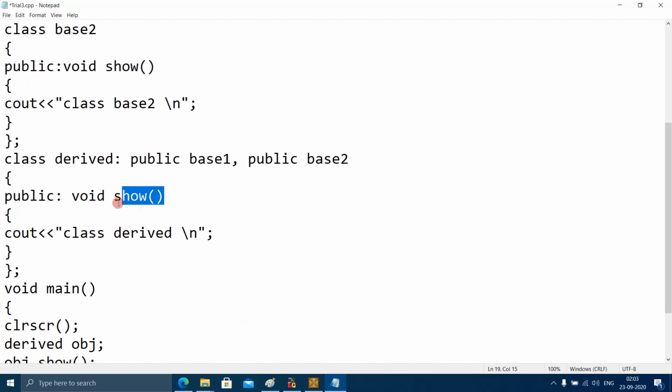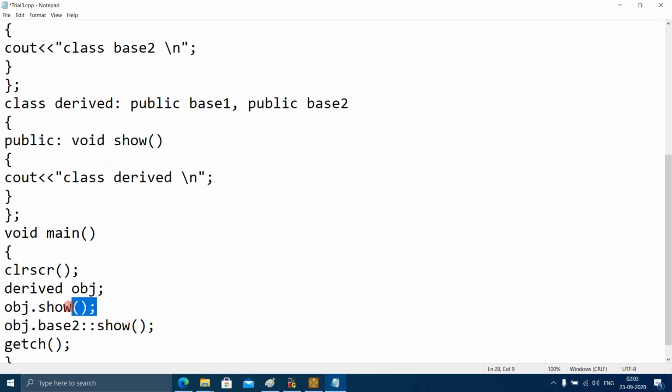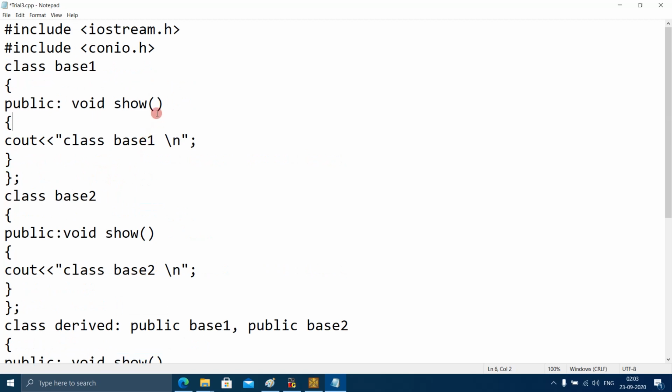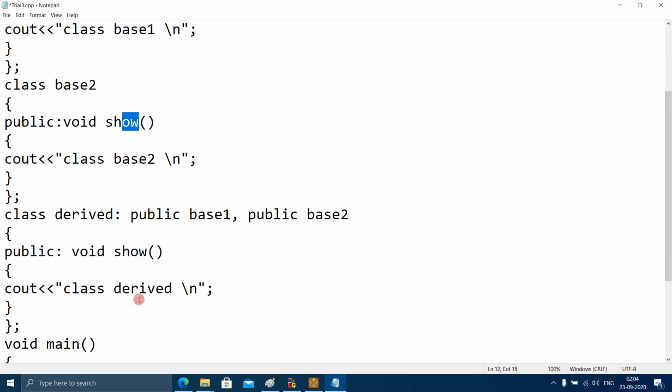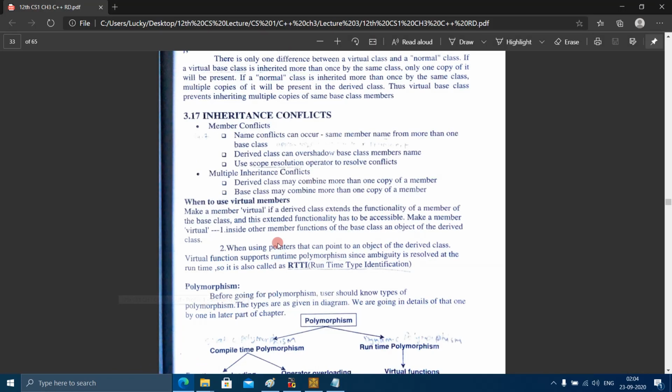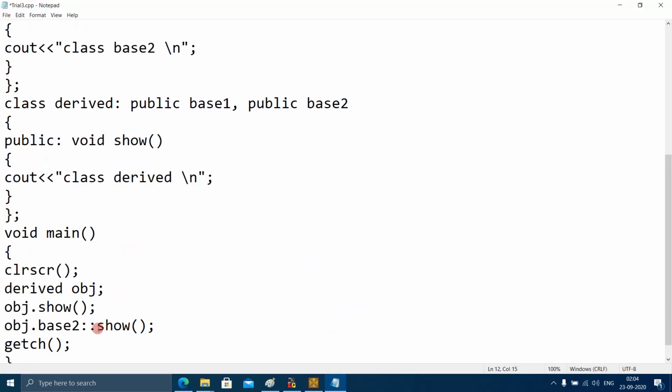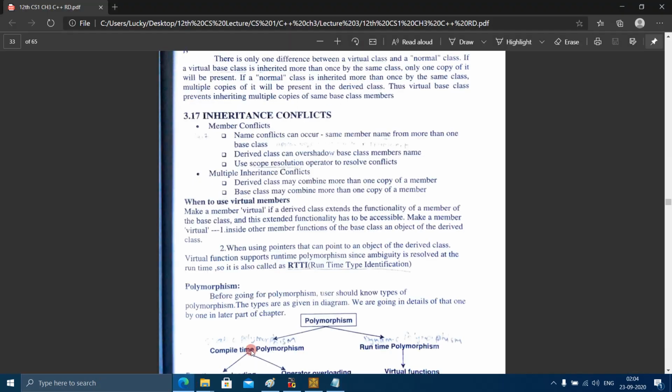The show function of derived is called when I use this statement. It is choosing the show function of derived, not the show function of base 1 and base 2. So it is overshadowing the base class members. Use the scope resolution operator to resolve conflicts. So here we have used the scope resolution operator to avoid the conflicts.